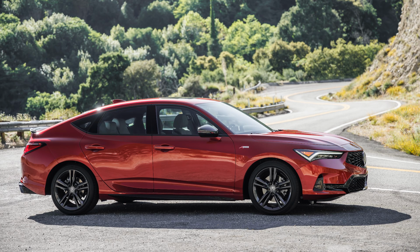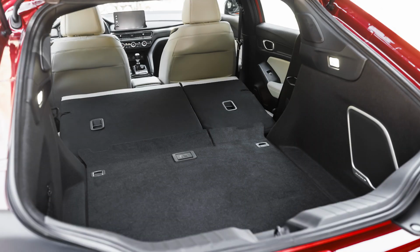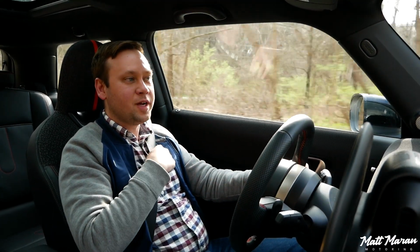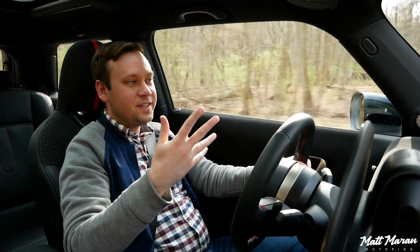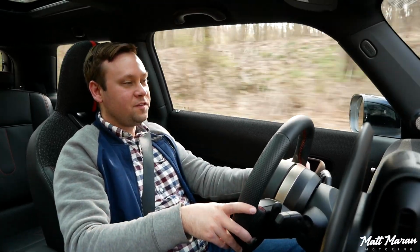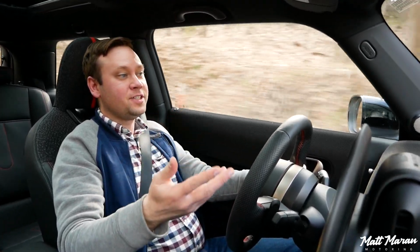But I think the Integra is also just not quite as whimsical. Still a very good car. Has a much bigger hatch, really nice big usable back seat, so easy to live with. But again, just not quite as fun, and also not quite as premium. That shares a lot with the Civic. This feels like a BMW, so it does have a bit of a higher caliber feel to it. And then beyond that, it really comes down to how serious you are about